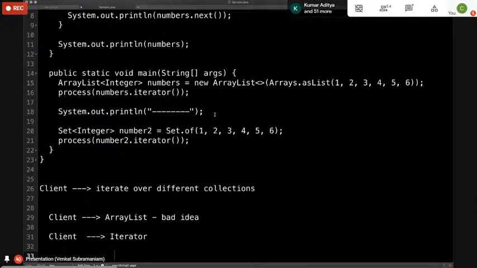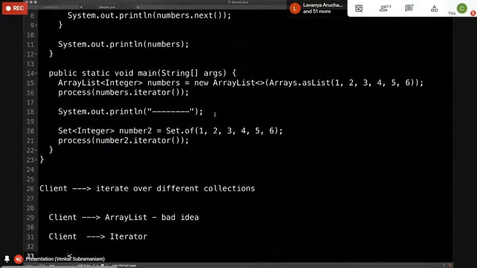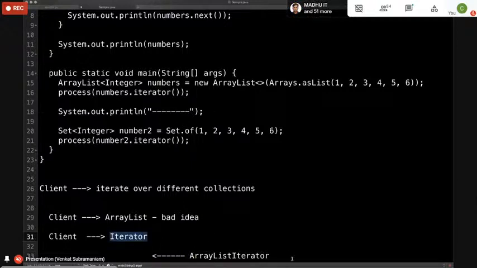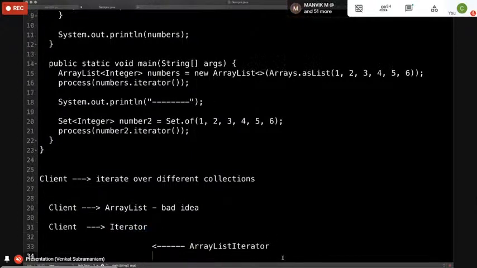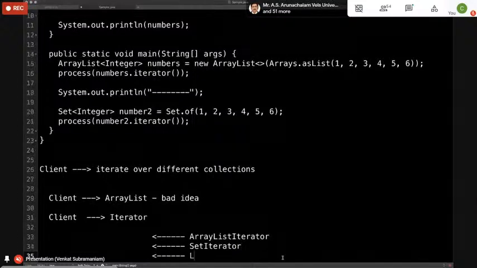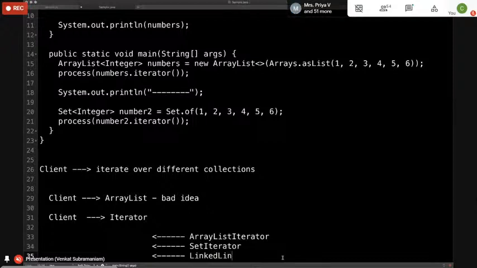Your array list is going to provide you an iterator. So here is an array list iterator, which implements the iterator. You also have a set iterator, and if you really wanted to, you can have a linked list iterator.